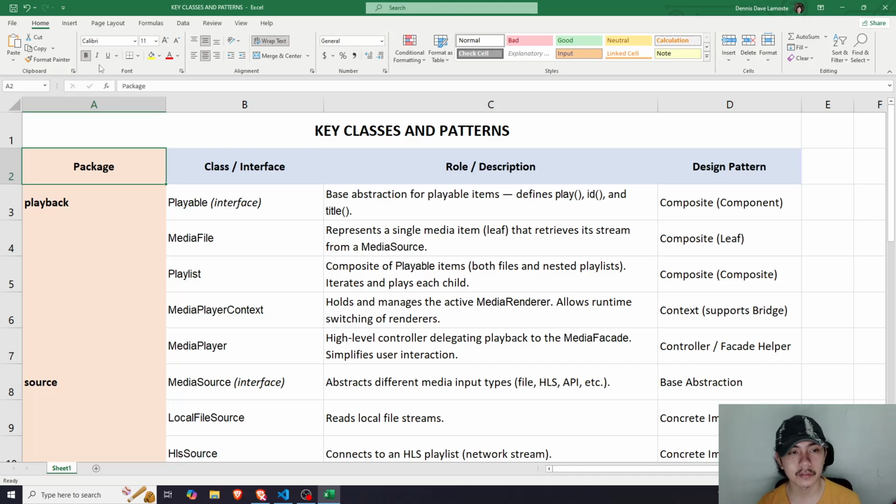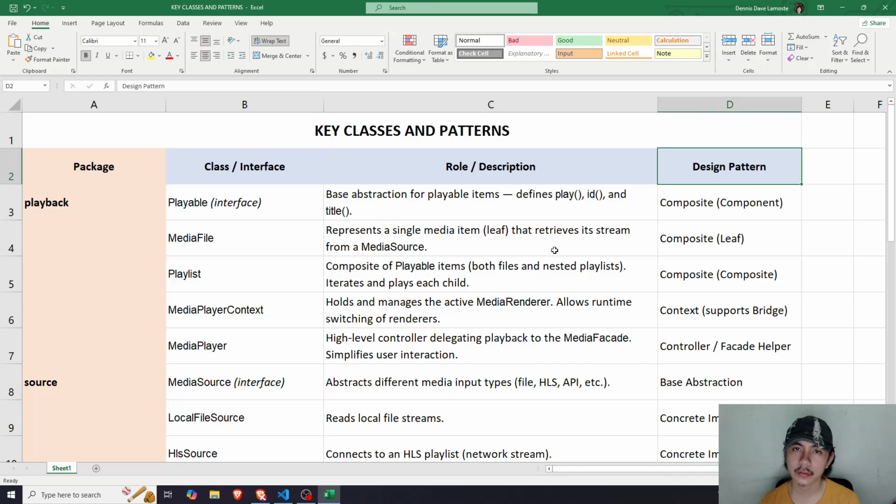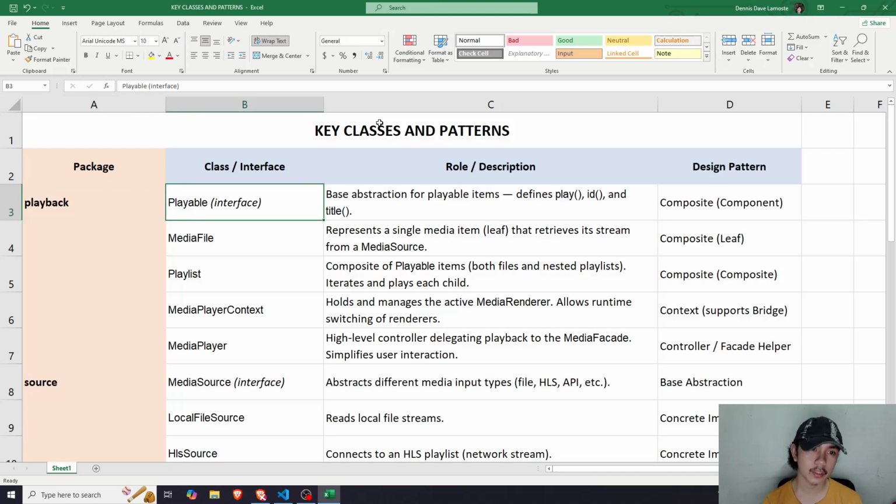We have the package, the classes, the descriptions, and the design patterns involved for each specific class. For the playback package, we have the playable interface, the base abstraction for all playable items, which defines the play, the ID, and the title of the playable items.